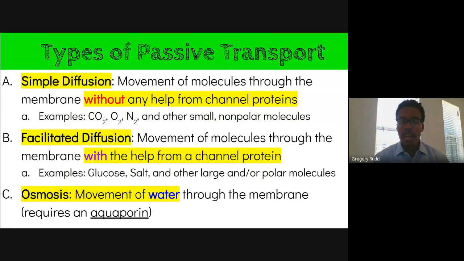Specifically, within this broader category of passive transport, we've got three different types of movement. We've got simple diffusion, we've got facilitated diffusion, and we have osmosis. So I'm going to give you all some time to write, but I want someone to volunteer to read the definition of simple diffusion. So in about 10 seconds, someone can go ahead and unmute themselves and read the definition